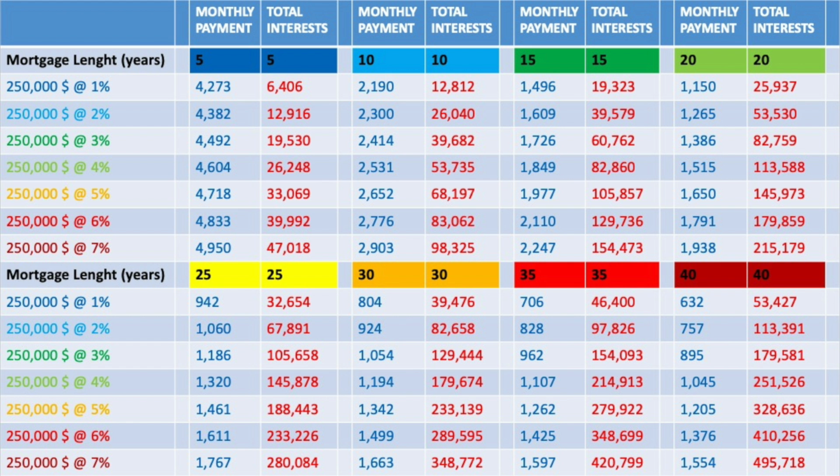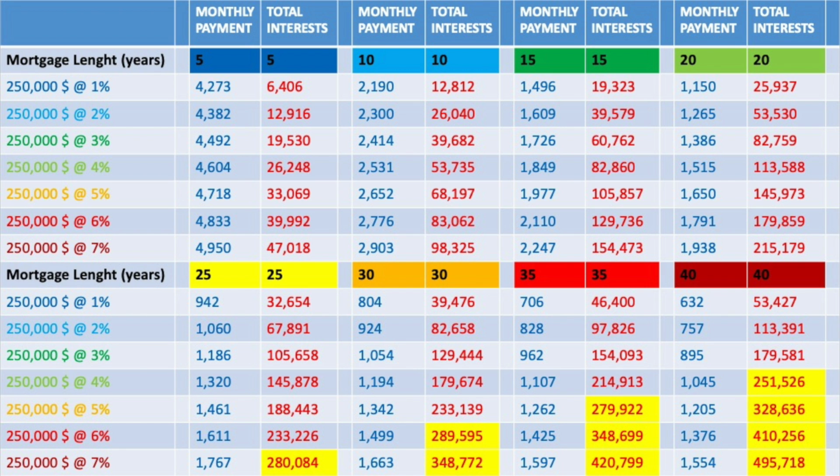If we calculate different combinations, from 5 to 40 years length, and from 1 to 7% interest rate, we get an interesting table. If the interest rate is 3%, and we select a 20-year mortgage, we have a monthly payment of $1,386, and a total interest amount of $82,759. If the interest rate is 4%, and we select a 35-year mortgage, we have a monthly payment of $1,107, and a total interest amount of